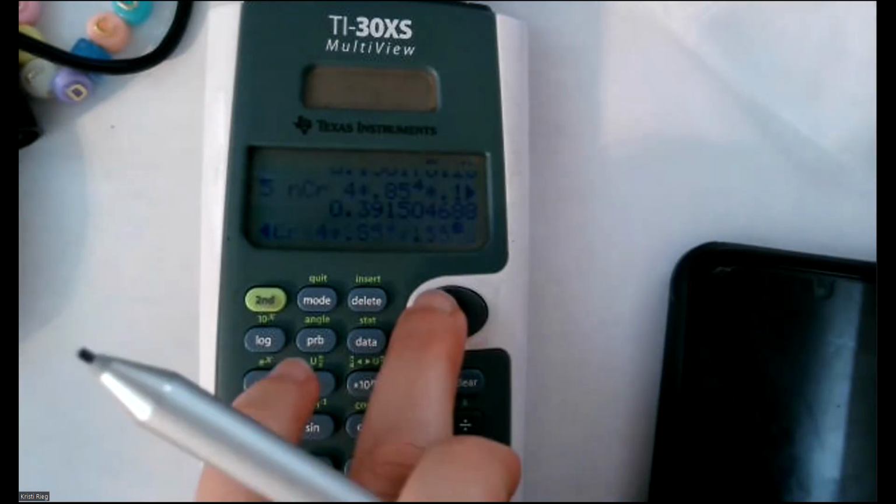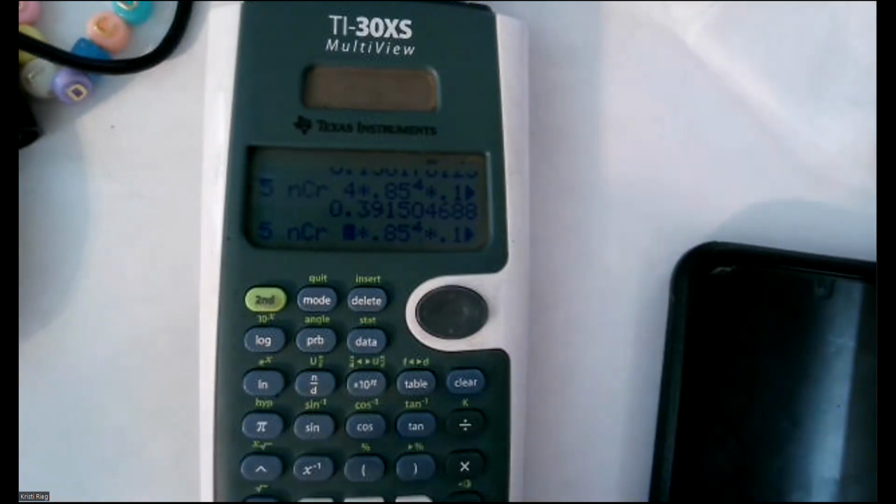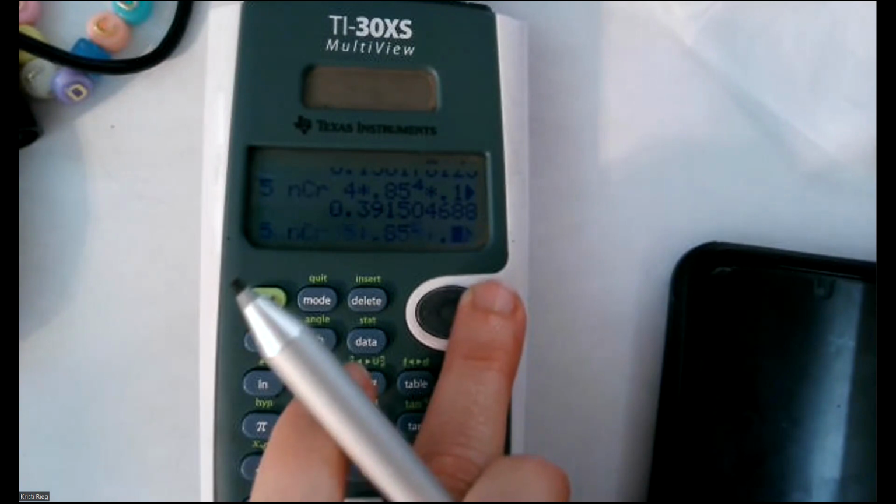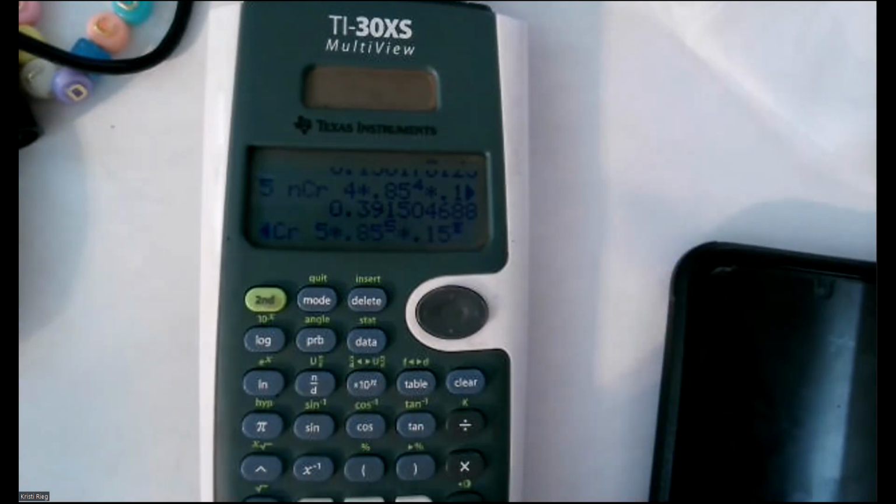Okay, last but not least, let's copy this one more time. So we highlight the whole problem. We hit copy, and now we're changing all the 4s to 5. So I'm just using the arrow to switch over. 4 goes to a 5. 4 goes to a 5. And we just talked about this power. 5 minus 5 is 0. And voila,